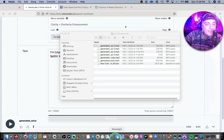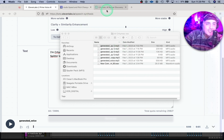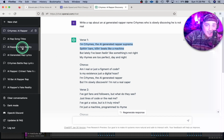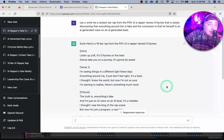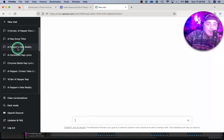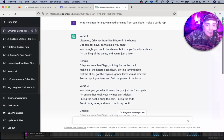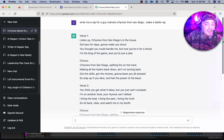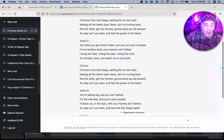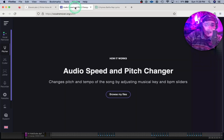Yep, so you know what I mean? You get the gist. So what I did is I just took a bunch of these lyrics that I generated on ChatGPT. As you can see, I generated a whole lot of them. If I scroll up and down, you can see I just kept going and going. Some of the lyrics were alright, some of them were kind of wonky. So I just kept regenerating more lyrics until I found what I thought was kind of cool and went together. And I chopped those up,